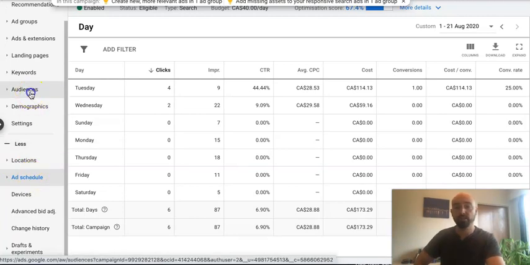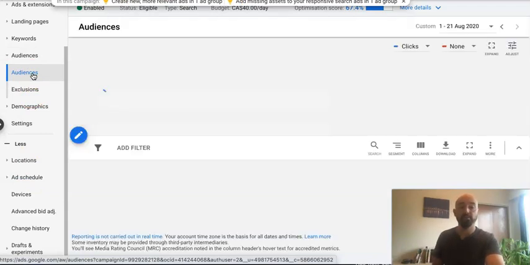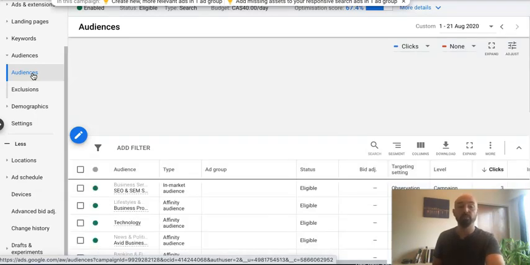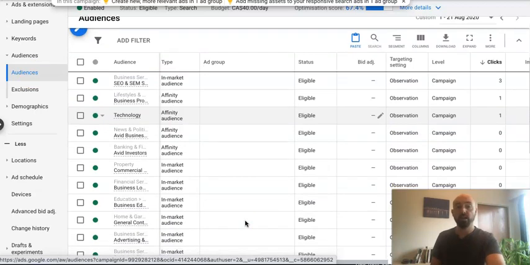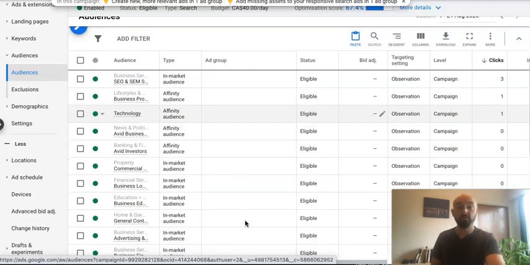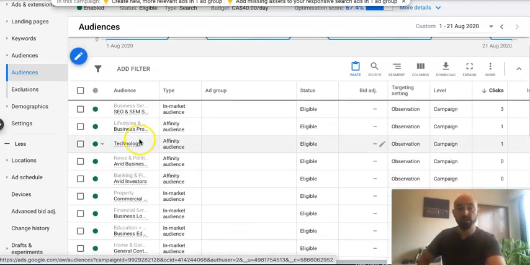The next one is audience. And you might have heard of remarketing, which is basically targeting audiences that have already taken an action or visited your website or interacted with your brand. Now that's another video for another day, but you can also target specific audiences in market segments, affinity audiences, and detailed demographic audiences. So you can see here, I've set all these audiences to a targeting setting called observation. So it's basically taking everybody who clicks on my ads and then after the fact splitting them up into data groups and saying,